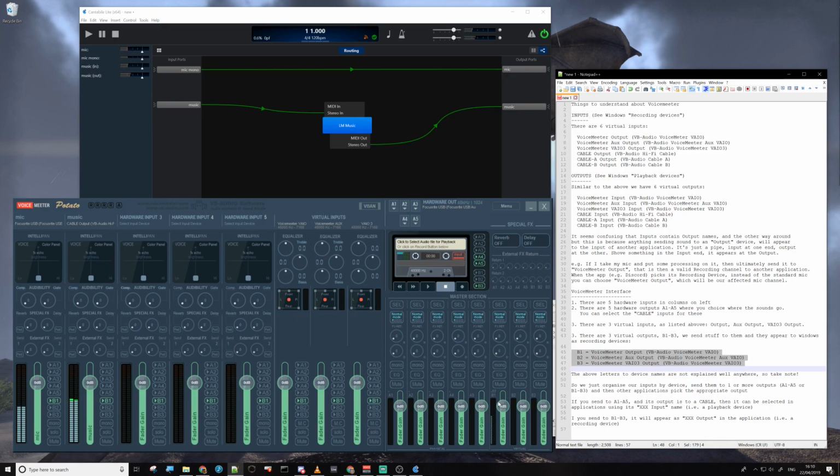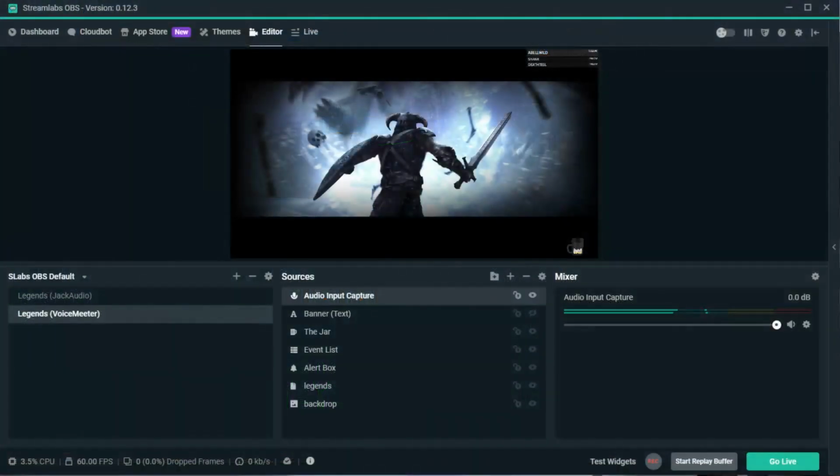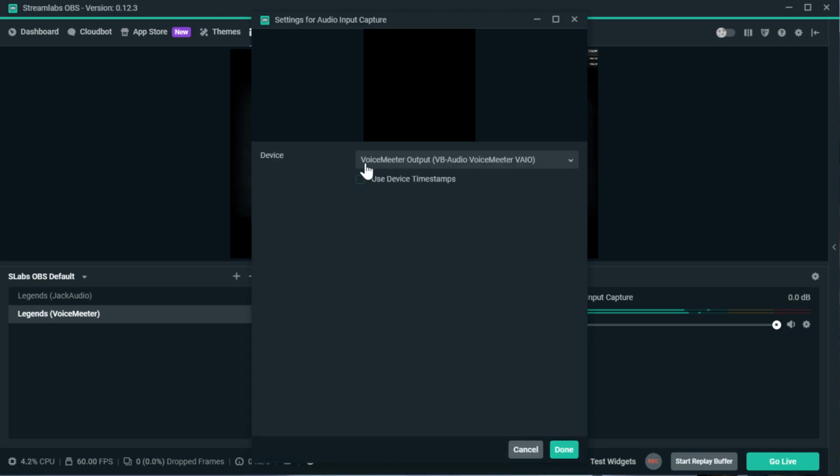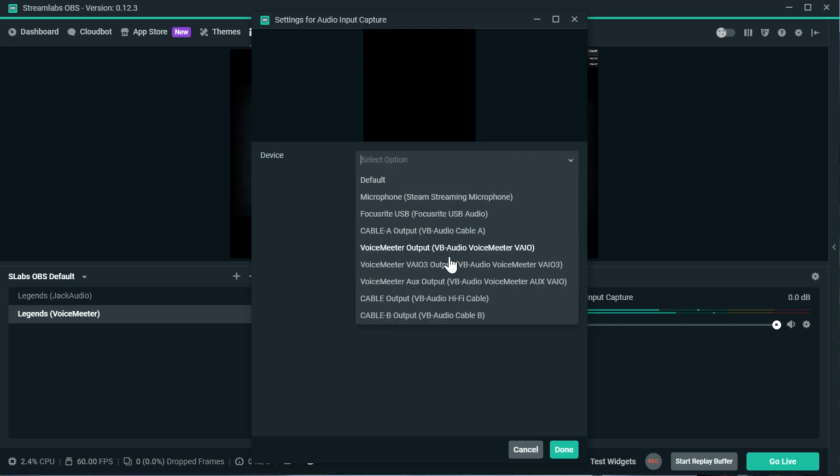There is a one-to-one relationship here, so if you send anything to B1, it will appear at VoiceMeeter output, the name of the device, as I showed earlier in OBS itself. When we were doing this capture, we can see that the VoiceMeeter output VB VoiceMeeter VIO. So what I can do here is if I change that to 3,